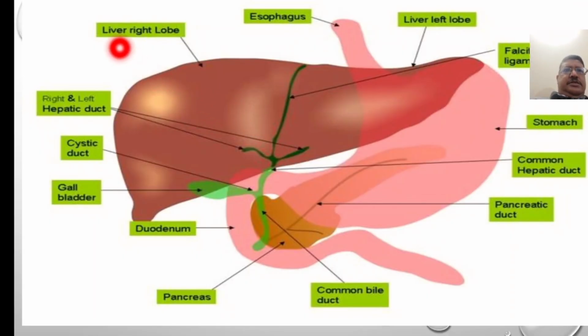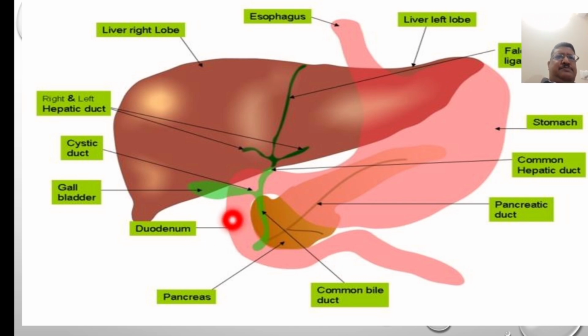So this is liver right lobe, esophagus, liver left lobe, then that is falciform ligament. Another is, this is the area, this is the portion of stomach, common hepatic duct, that is pancreatic duct, that is common bile duct, this is duodenum,